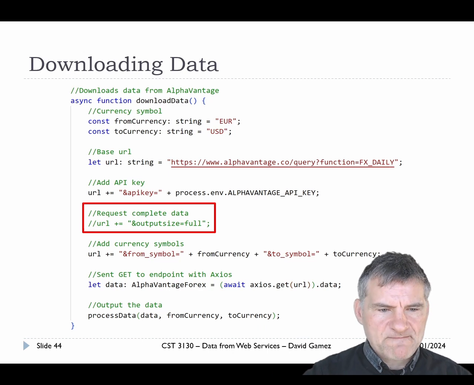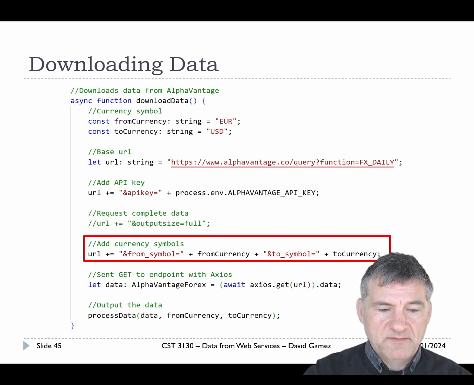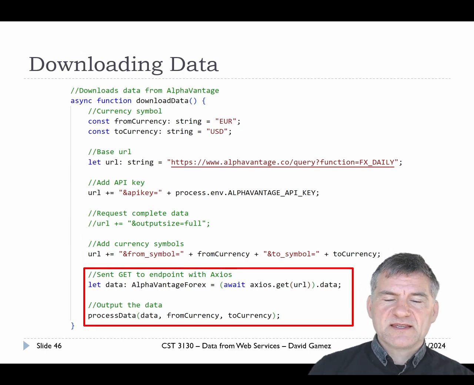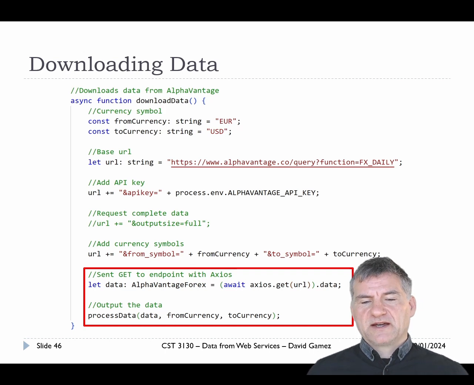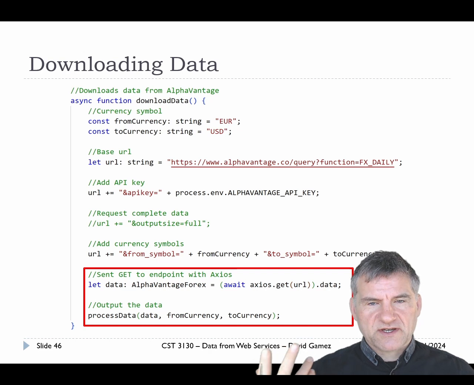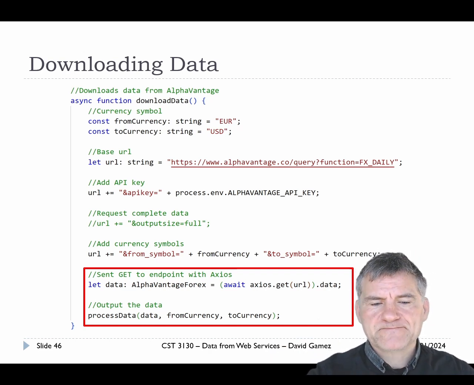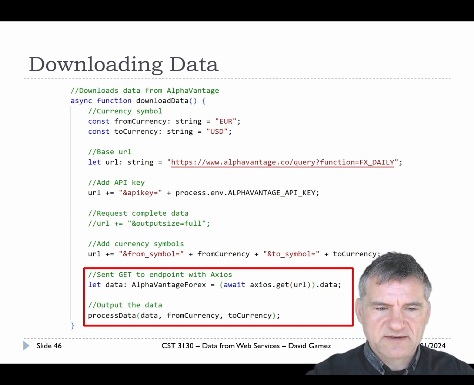Yeah, I'd recommend that. Then we have the currency symbols. Again, you need to look at the API documentation to get those right, and get the URL query parameters right. And then getting the data is really easy once we've got the URL. We just use Axios get, and then its data property will return the contents of the HTTP response. Then I'm calling my own function, processData, to actually extract that data and output it on the command